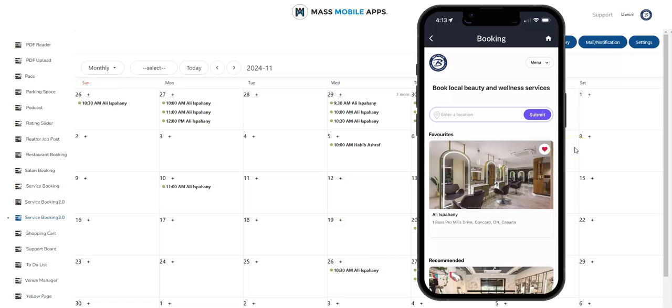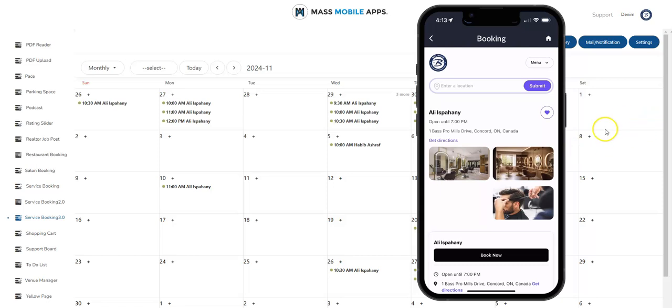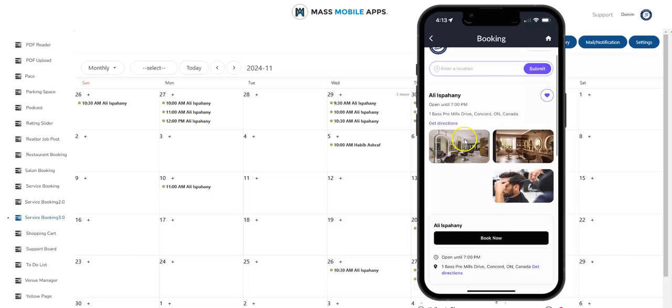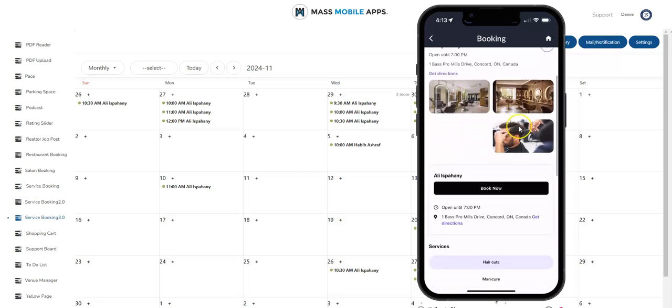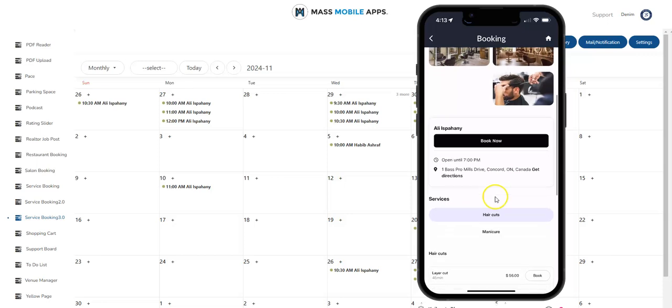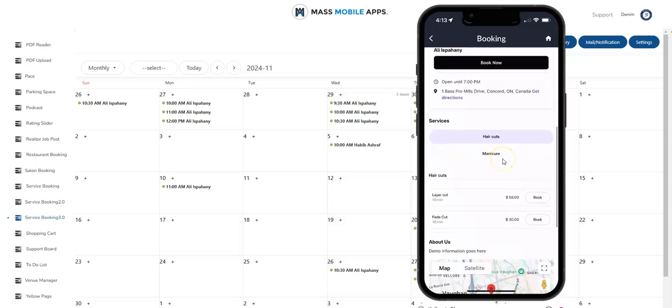Okay, so let's look at one of our service providers here. Looking at myself here, I'm now logged in as a customer. I'm going to show you how to log in as a provider as well. You can see I've got some images here of my work. I can book now. These are the different types of services I offer: haircuts, manicures. So I look at haircuts. If I wanted to book a haircut, I just click the book button,